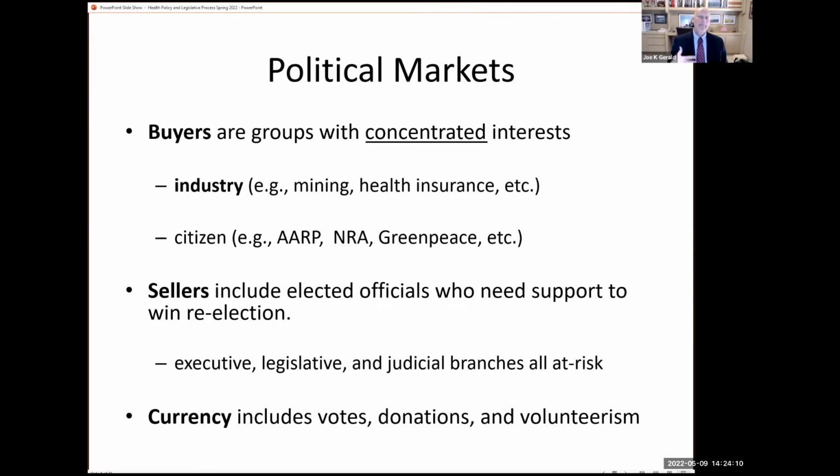So think about the mining industry, health insurance companies here in the United States. You could have things like universities and hospitals, pharmaceutical manufacturers. These groups within an industry have concentrated interest in seeing legislation written in such a way that it may lower their cost of operations, may allow them to charge higher prices. But the regulation somehow can enhance their economic position, and so they're willing to pay for it. They're willing to buy legislation that suits their own interest.